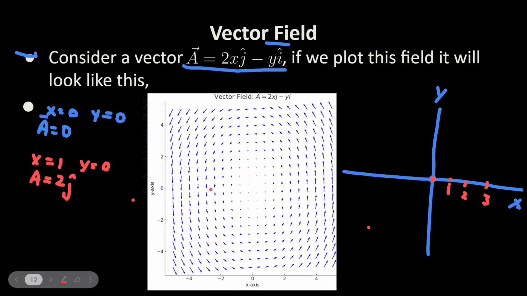So what this means, x is equal to 1. So at 1, y is equal to 0. So this vector is pointing like this, which has a magnitude of 2 units along the j cap direction. Now if I put x is equal to 0,